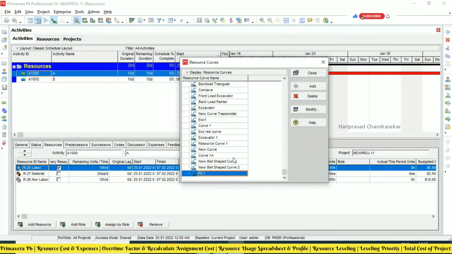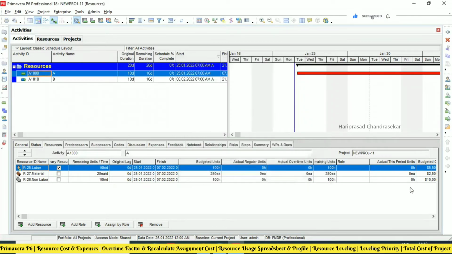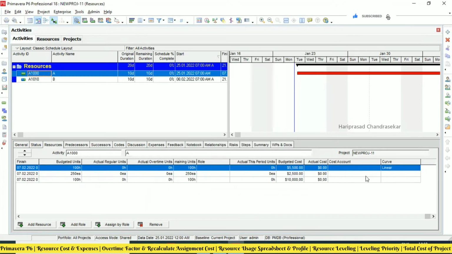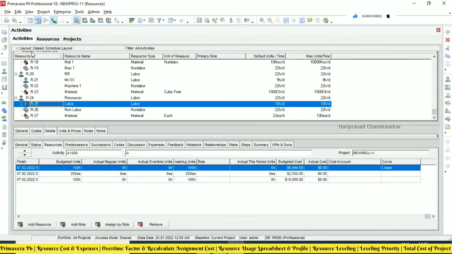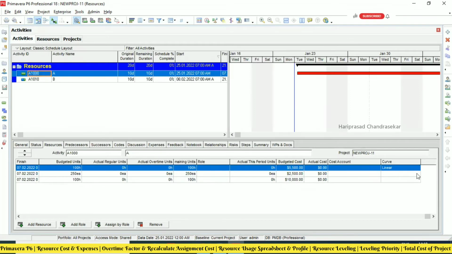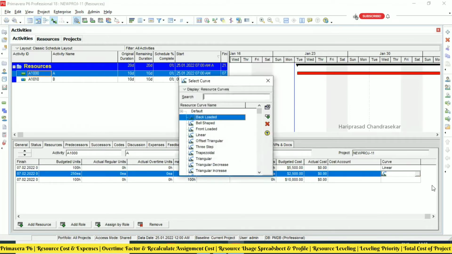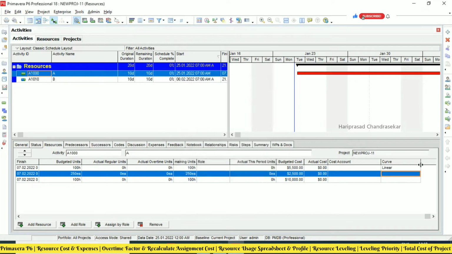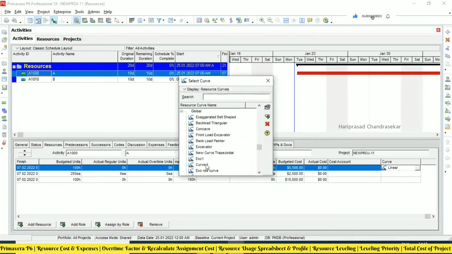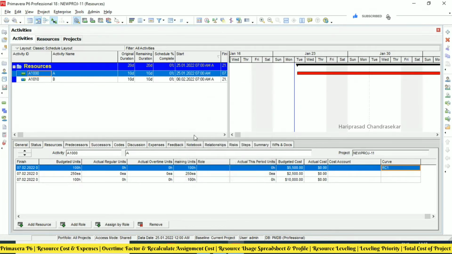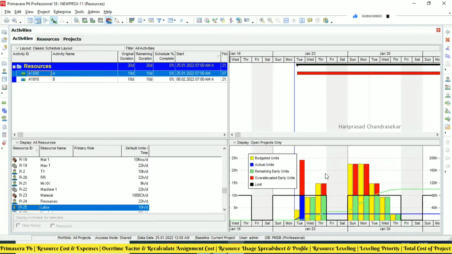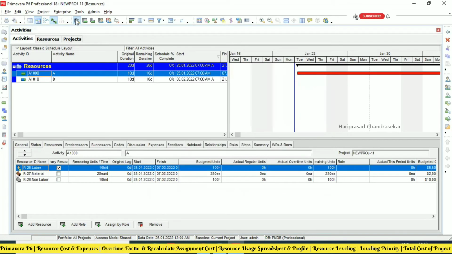Okay, so like this, we can create our own resource curves, and that resource curve we can assign for the particular resource in the particular activity, not in this resource section. You should go to activity, detailed resource, and for the particular activity, we can select. So the same distribution will come here. See, now based on that, we are getting this kind of resource curve. Whenever it is needed, you can use the resource curve, otherwise not needed. Okay.